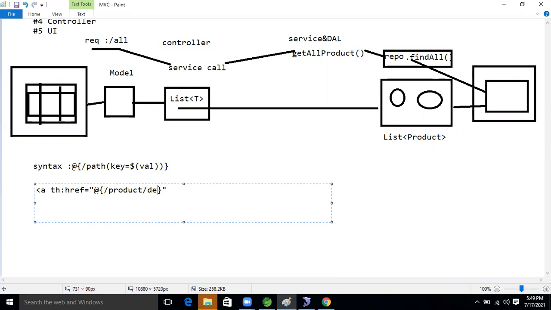Delete, right? Delete. After that we will specify ID. ID equal to dollar symbol, because we will specify the variable, and we specified it already.